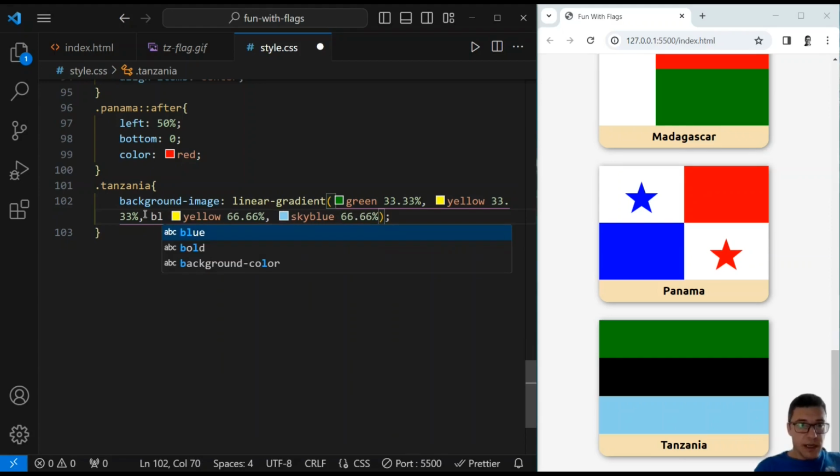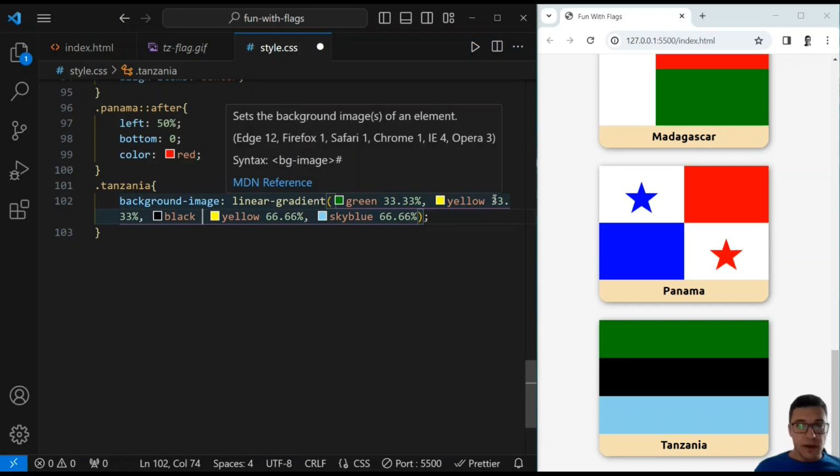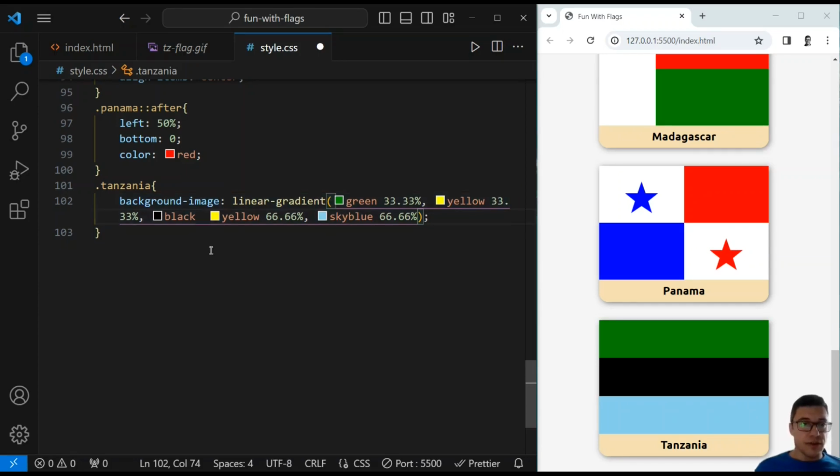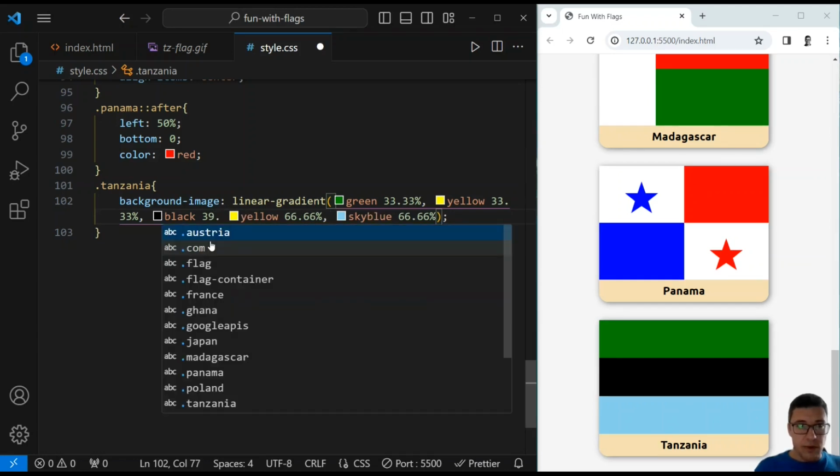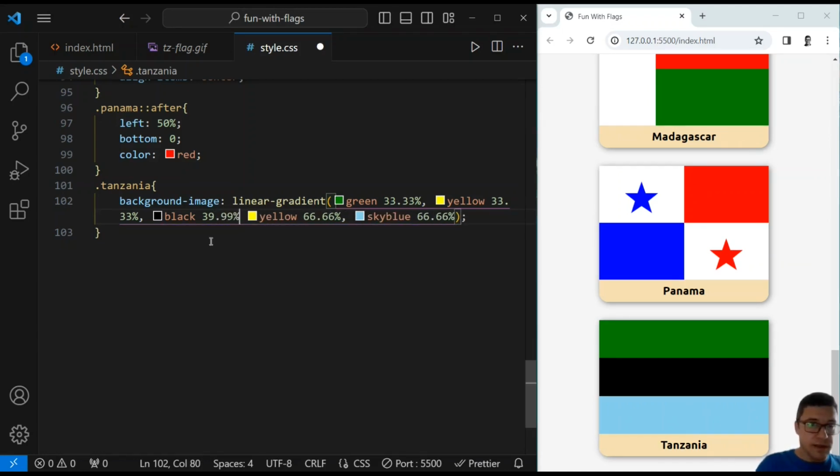Our black should start 20% from 33.33, which is 6.66, if I'm not mistaken. So I'll say 33.33, it will be 39.99,